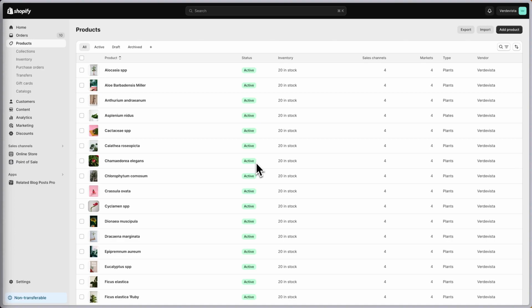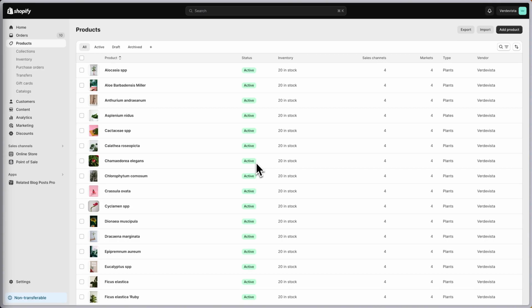Now, I would use a third-party app for this, but they have a lot of strings attached to it, which makes the import a lot more difficult than it has to be. So I do apologize for this. But with that being said, let's move on to the first item on our task list, and that is creating a